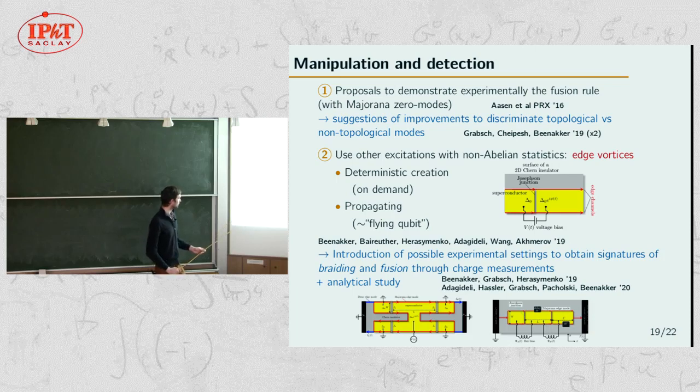And so what we have done is to introduce possible setups to obtain signatures of braiding, exchange and fusion simply by measuring the current coming out of the device. So you make a voltage pulse to create these objects when you want, and you measure the current coming out, and you should see the effect of the non-Abelian statistics in the current. It's kind of an easy measurement because you can apply voltage, and measuring charge is the easiest thing you can do. And we have studied analytically effective models of these setups to show that indeed when you apply